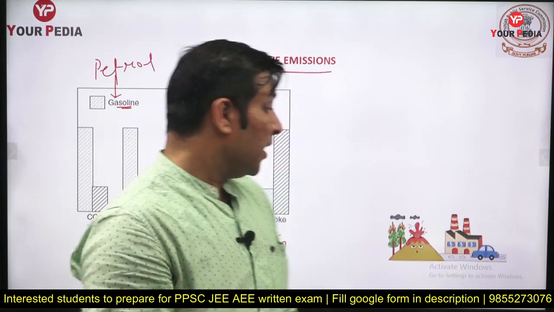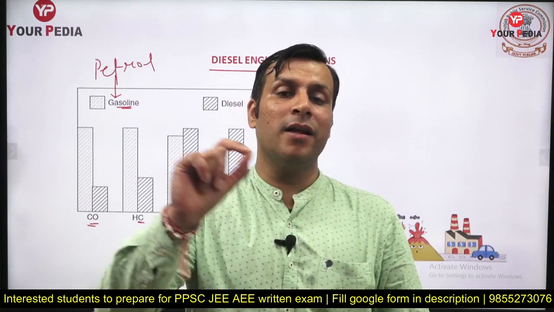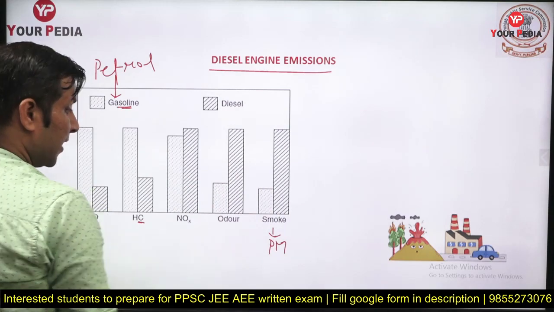Bluish white smoke you are going to get when some lubricant is being combusted. If some lubricant is there in the combustion chamber and mixes with the combustion product, you are going to get some bluish white smoke in case of a diesel engine. So bluish white smoke in a diesel engine represents the combustion of the lubricant. Similarly, dark smoke in a diesel engine represents unburnt carbon. So if carbon particles are present in the exhaust gas, you are going to get the dark smoke. So the dark smoke and odor will be much higher in diesel.